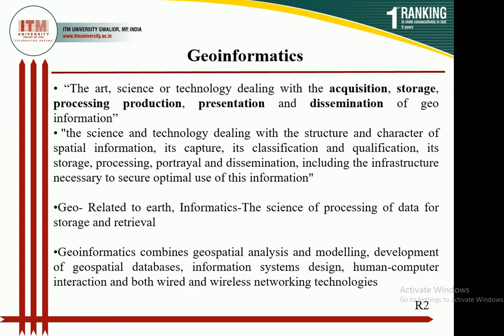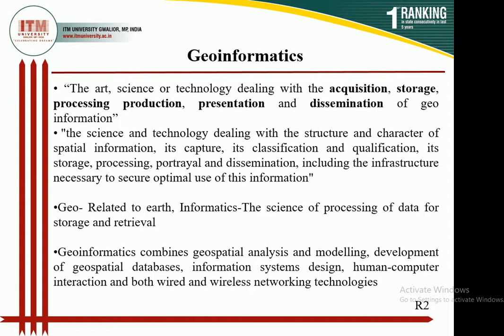First one, what is geoinformatics? As you can see, geoinformatics is made up of three words. The first one is geo, second one is information, and third one is matics. Geo means on the surface of earth. Information means to have information about certain things, and matics means measurement. So in short, we can say that measurement of features of earth surface and collecting information about it is considered as geoinformatics.